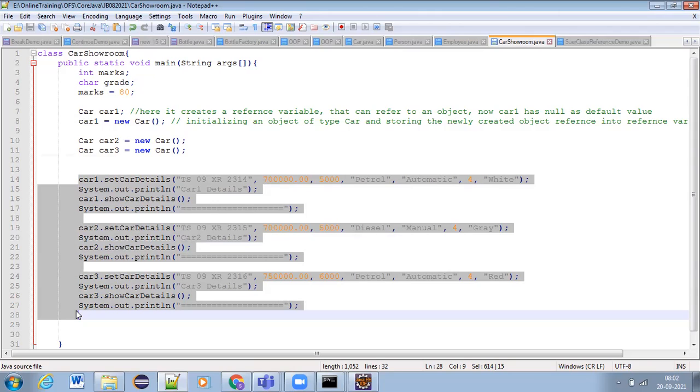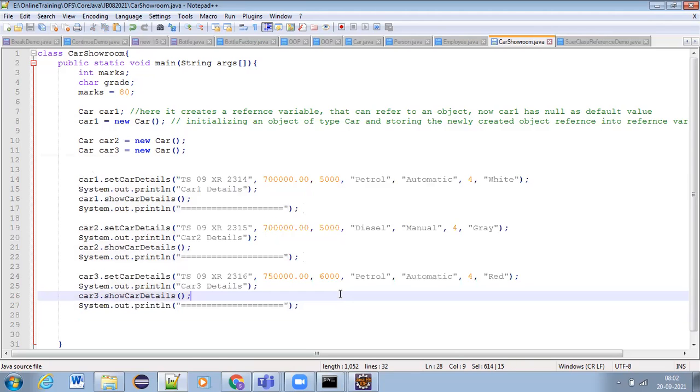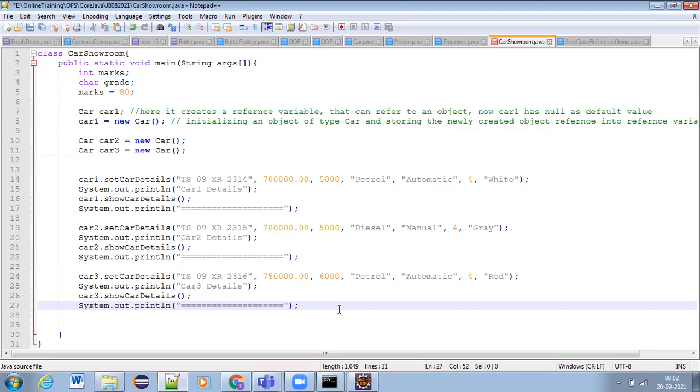Yeah, very good, guys. So today we pass here. Tomorrow we'll continue with further details on this same program, or with a different example, and we'll proceed with OOPS concepts: encapsulation, abstraction, inheritance, polymorphism. Okay, guys, tomorrow's class is also very important. Don't miss the classes, guys. Very important classes.